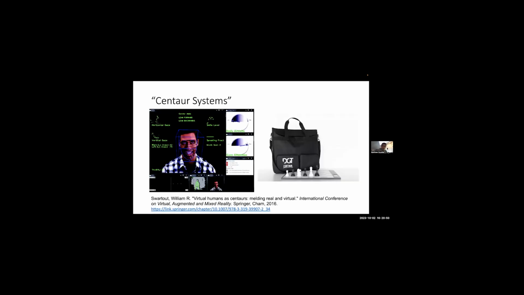Centaur systems was used a lot in terms of chess, actually. There are Centaur chess competitions where you have a human and AI working together to play a chess game. In that case, the chess game is the digital artifact. It also tends to show up a lot in military applications for whatever reason. But this is just a different notion of how a human and AI could work together, in this case, to produce something better than either one as a system.